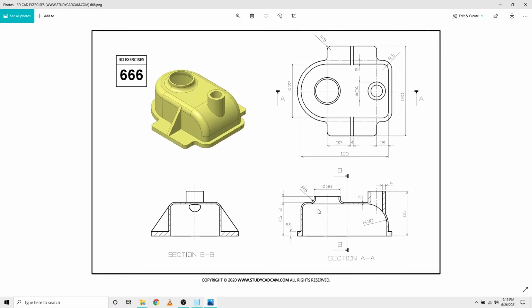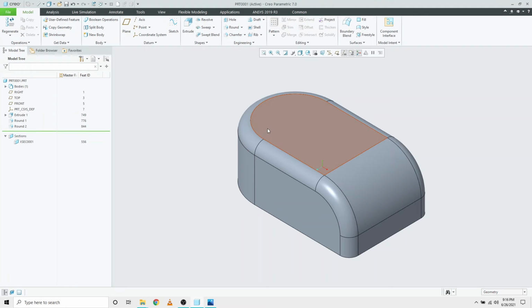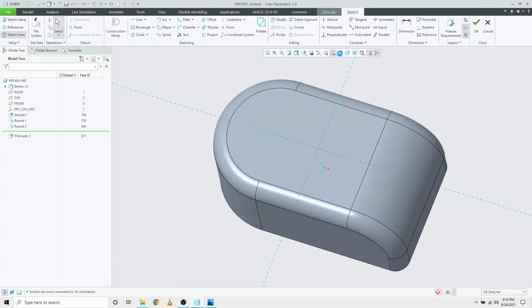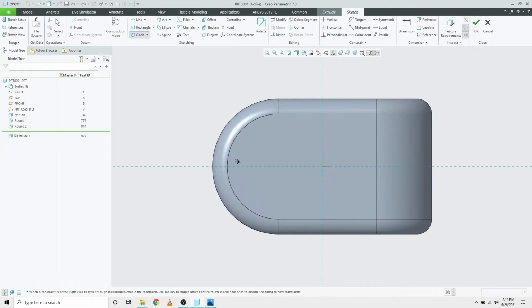Another feature we need to add here, which is of the same thickness, that is 2 mm shell thickness, is this opening which is having an OD or outer diameter of 36 mm. You can see it in the section AA view here. Now you're going to pick this surface and make an extrude, going to the sketch plane, orthographic view, and if